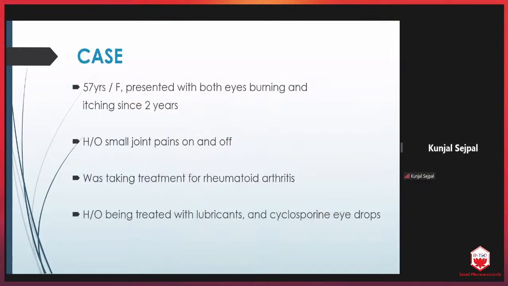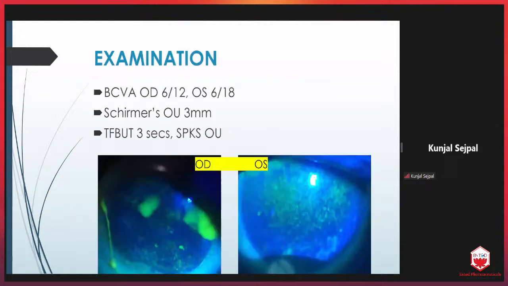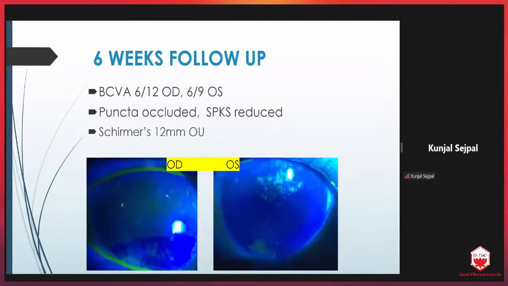So this is a case of a 57-year-old female who had a lot of dry eye for several years, and she was a known case of rheumatoid arthritis. She was treated with lubricating drops and cyclosporin, and she also gave a history of punctal plugs which had fallen off. On examination, she had a severely staining ocular surface with mucus and filaments, and the Schirmer's was very low. So I went ahead and did the punctal cautery, and over time, she improved very well. The Schirmer's score really improved.